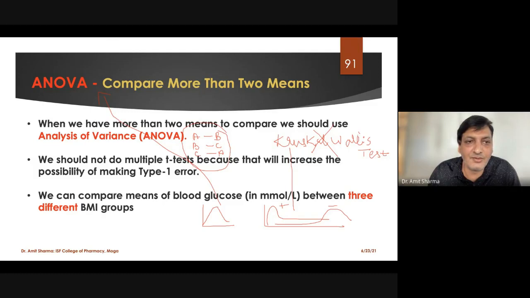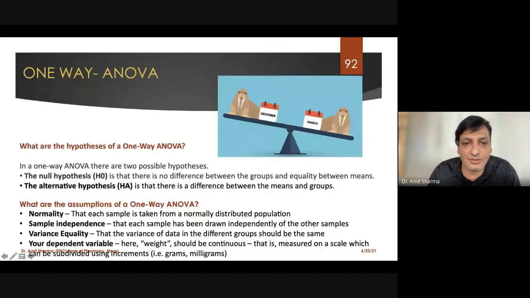So what they used to do is apply the one-way ANOVA, whether their distribution is normal or not normal. This is lacking: whenever anyone applies ANOVA, before writing the results of ANOVA, they will not discuss normality, which is very important. So normality is the first assumption, that the dependent variable should be normally distributed.